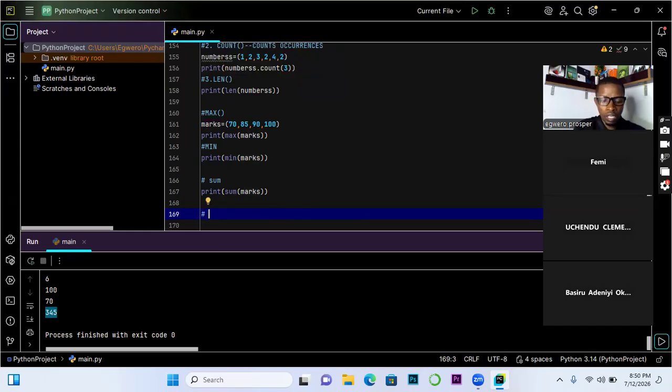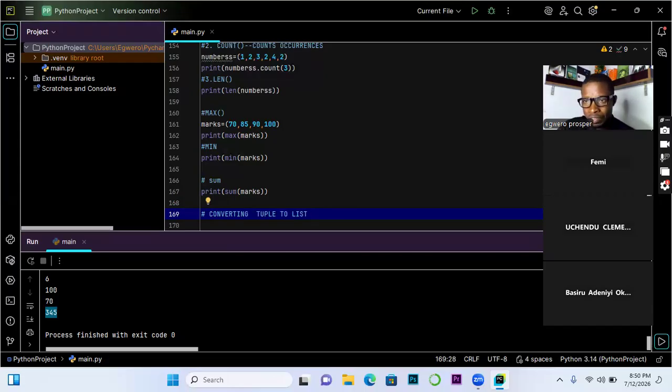Okay, so let's look at converting. Like I said, if you have any questions, use the reaction button. If you are not asking, it means we are all moving in the right direction. So converting a tuple to a list. All these have programming purposes. Initially one will have made a decision that I don't want this thing to be changed, and circumstances can happen that you'll be forced to change it.